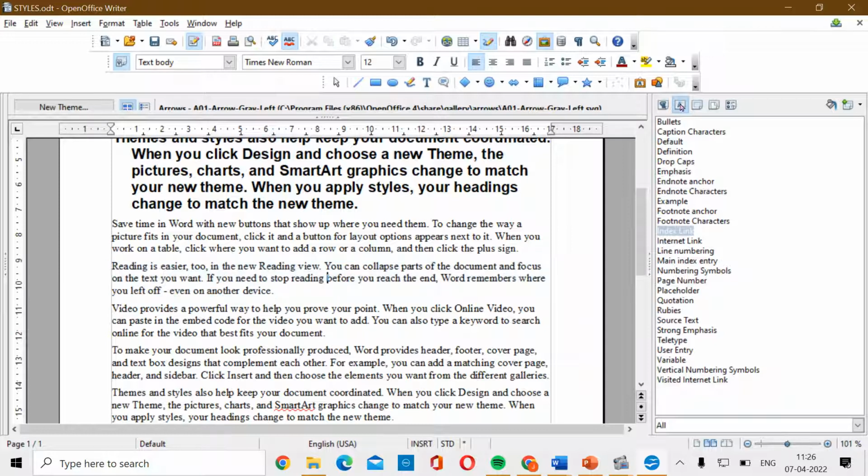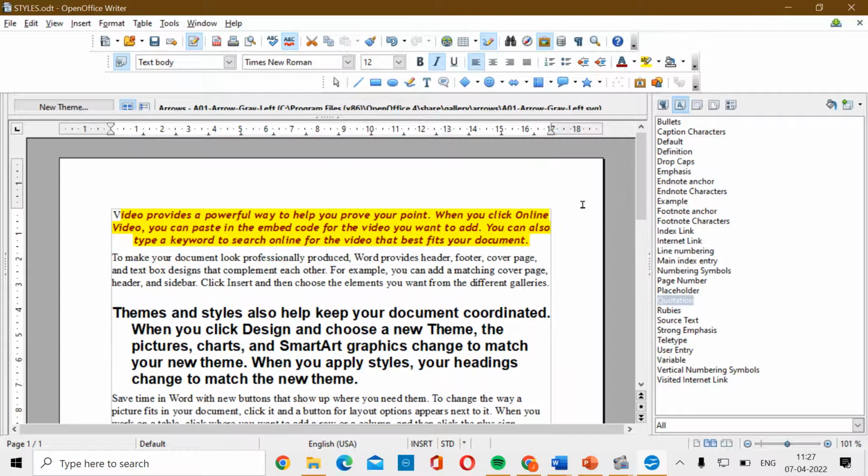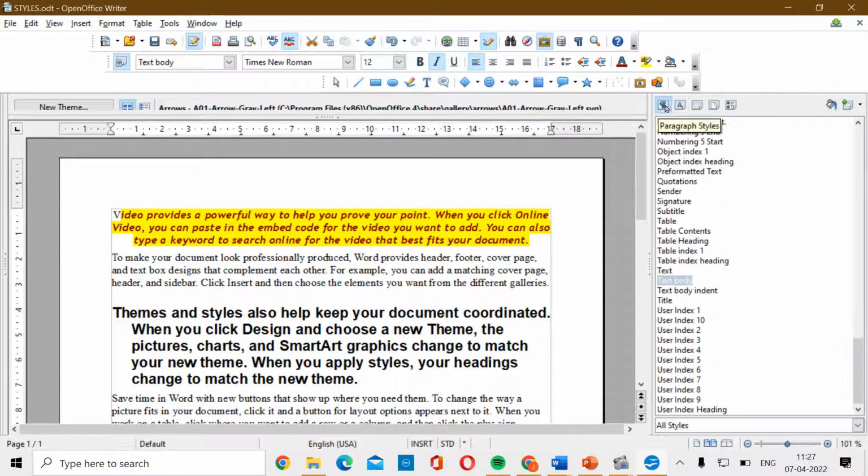Next is character style, where it is used. Character style is used for changing the formatting of a text or a small letter or a letter. Now suppose I have selected this word, reading. Now if I click on rubies, you will see that it has changed the character style. Similarly, I want to apply this style, for example quotation, on reach. So you will see there is a change in the style of the word. So this is character style. Now I hope you have understood what is paragraph style and what is character style.